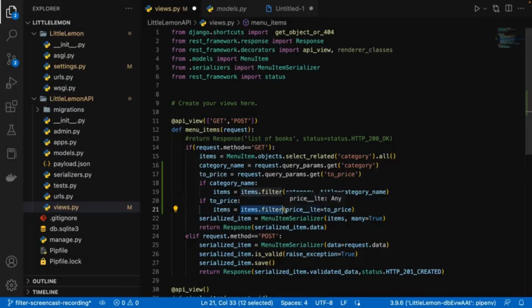Start with items.filter and a set of parentheses again, but this time add price, 2 underscores, LTE equals price in the parentheses. So what is this LTE added after the price? This is a conditional operator or field lookup, and price__lte means price is less than or equal to